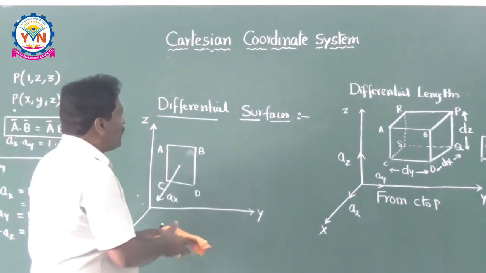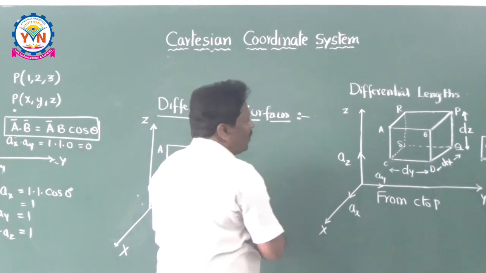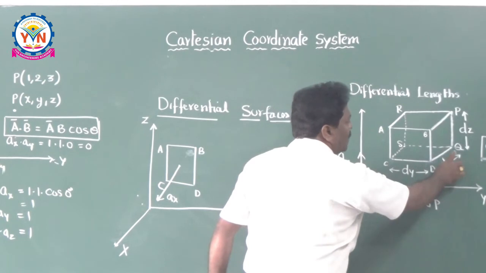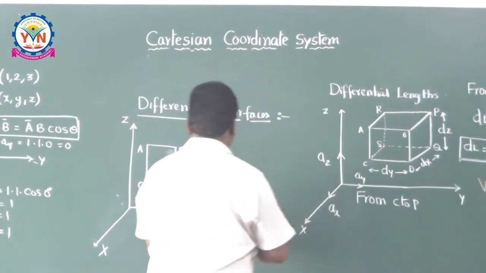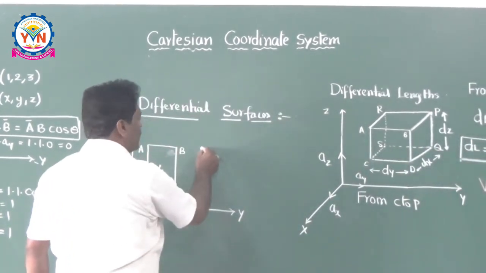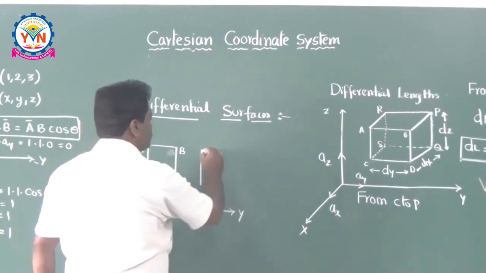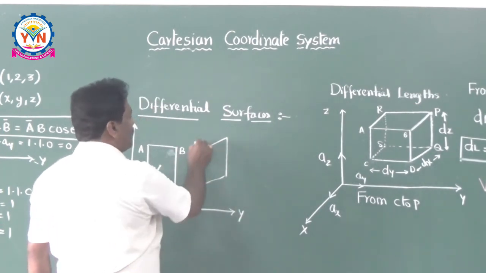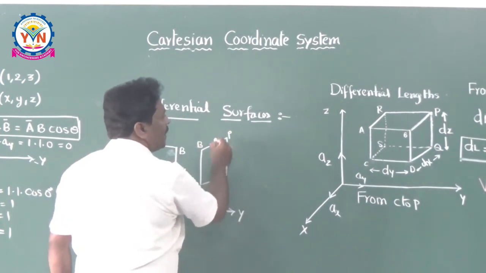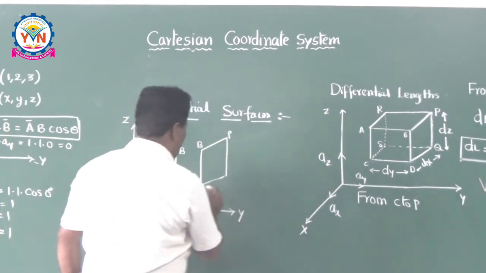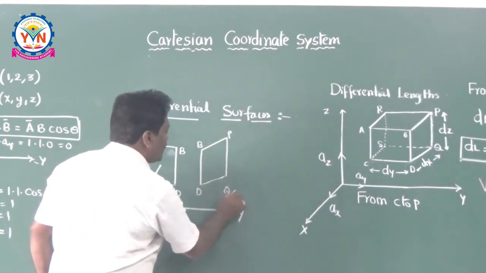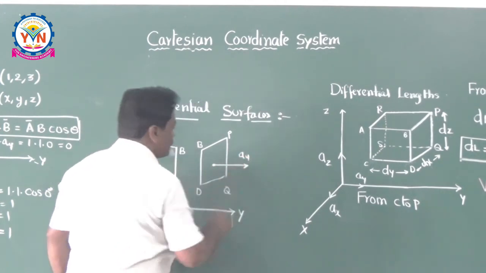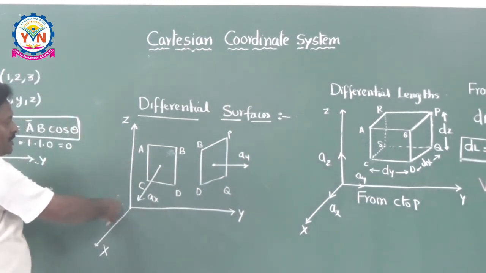And you can say for the remaining ones also like this. What is in the y direction? Y direction means P, B and Q and D. So what is the next surface in AY? The surface B, P and D, Q. In which direction is it? Y direction, AY. So it is in X direction, it is in Y direction.